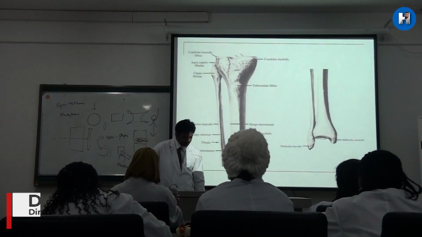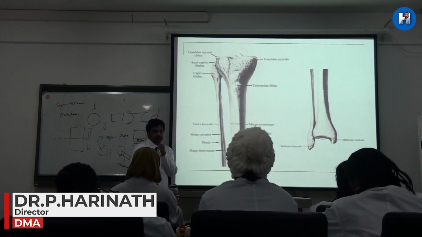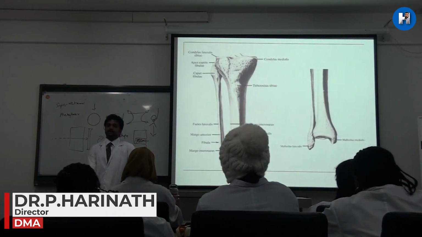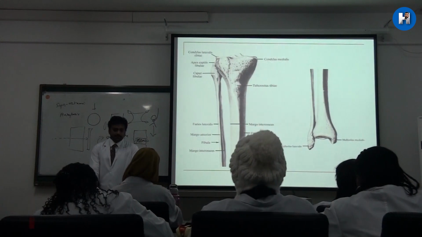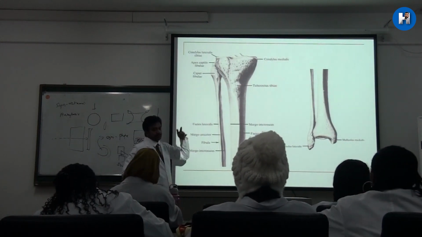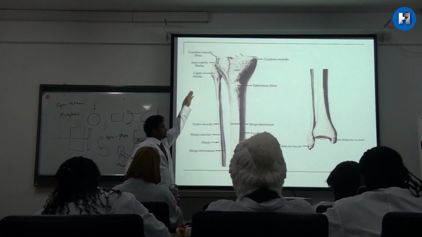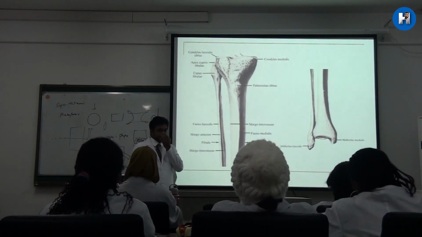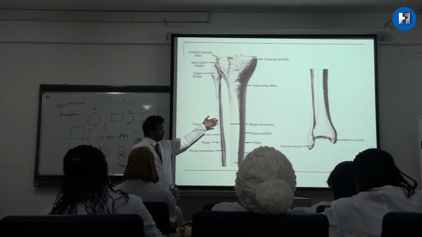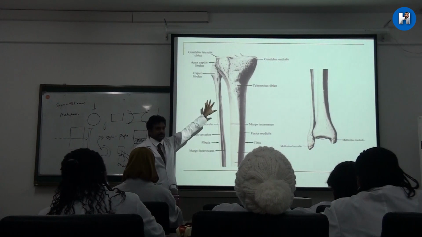Go for tibia. So, long bones of the leg. We already studied the femur. Now we will be going for the tibia. You can see this is also a long bone, and the fibula. There will be two bones in the leg. These are long bones. So now you can explain and understand about the tibia.